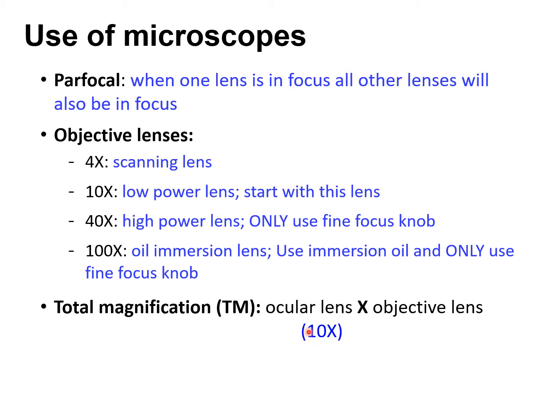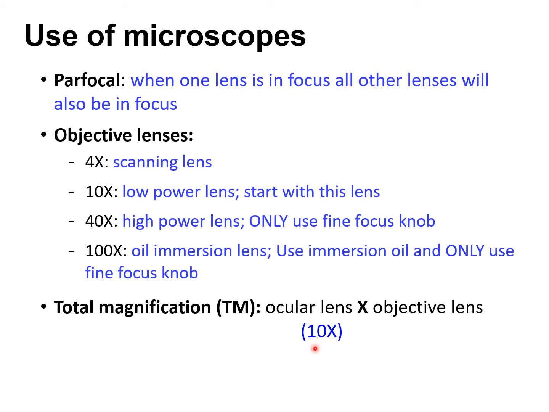So it usually magnifies your image up to 10 times. Now, what do I say? Usually, because sometimes an ocular lens can magnify your image up to 7 times, 15 times. So usually the magnification is going to be written on the ocular lens. So always take a look at your ocular lens and see what's the magnification power that's on that ocular lens